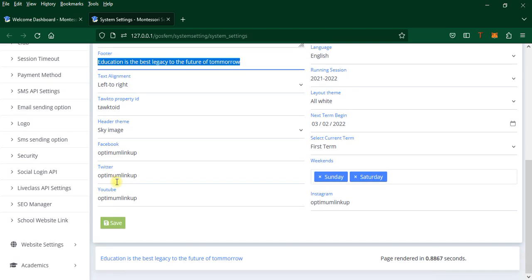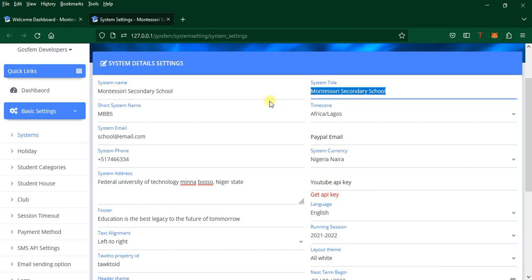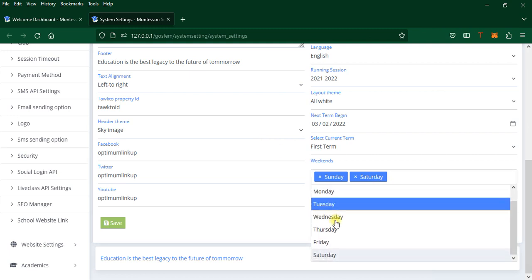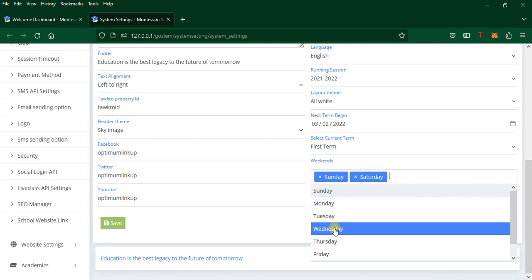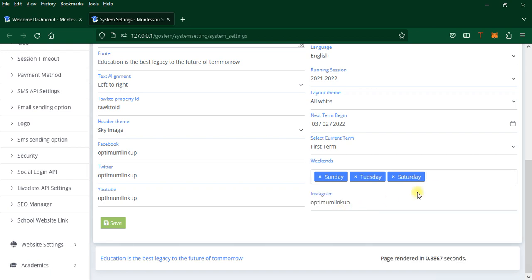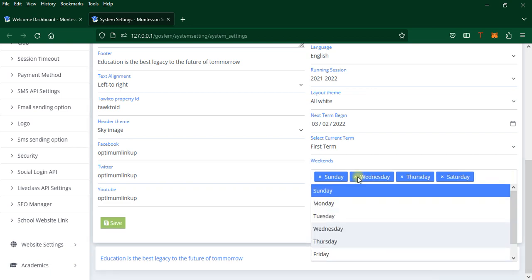I want to explain a few things here that are very important for you to set. After you have entered your system name, system title, and all that, make sure that you set weekends for your school. In my country, we don't have school on Sundays and Saturdays. They are tagged weekends. You select the days on which your school does not operate. In my own case, I am going to click on